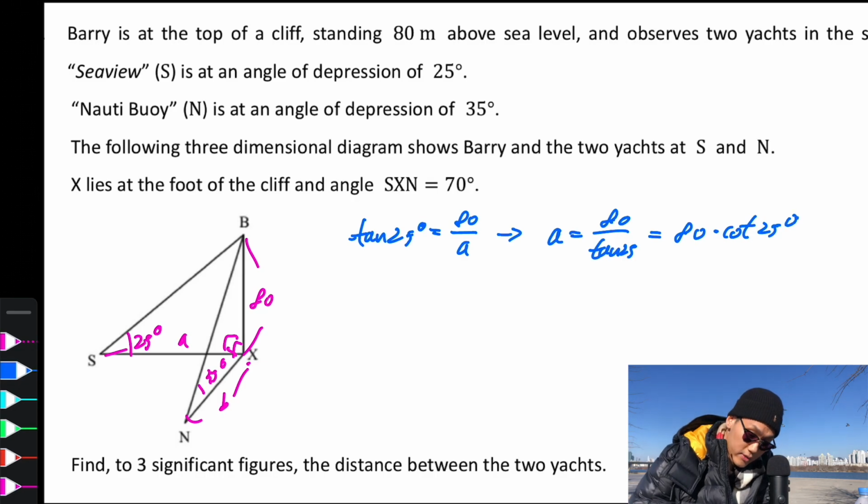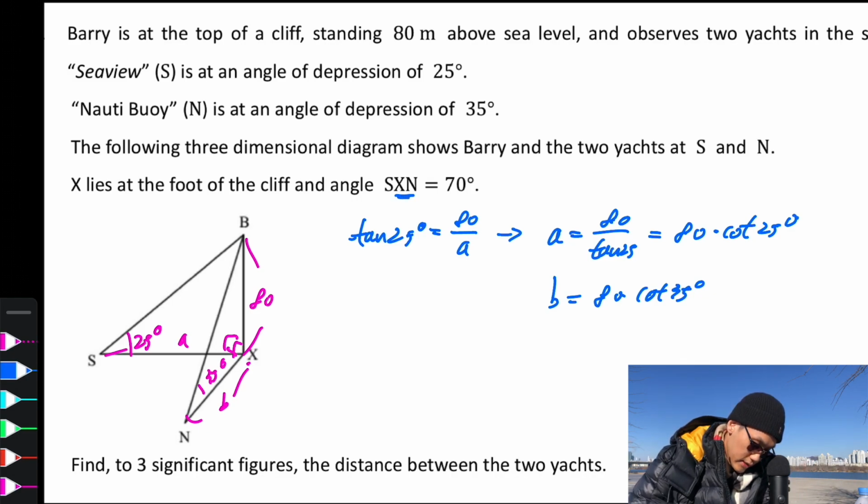So that's great. So I can do the same thing for part B, I mean, the length B. If I do that, that's going to be, what is it? 80 times cotangent 35 degrees. So that's great. Okay, so with these, I got the A and B, and then what I have here is